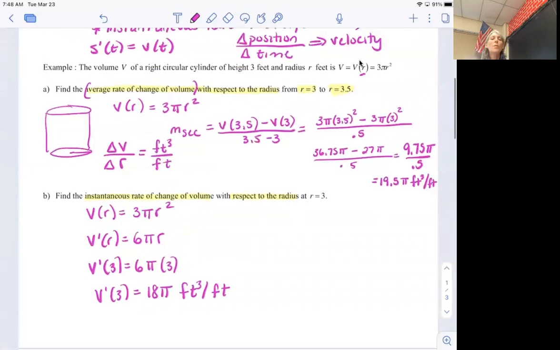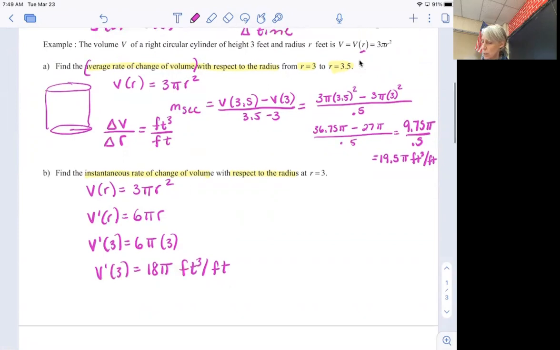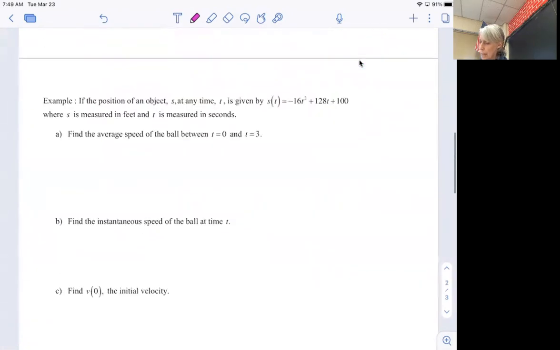So this problem just basically showed us the difference between when we want to set up a slope of a secant line, average rate of change, use the original function and set up that secant line. Instantaneous rate of change, use the derivative and plug in the specific value. Okay. It's a very basic geometry style problem. Now let's look at a more